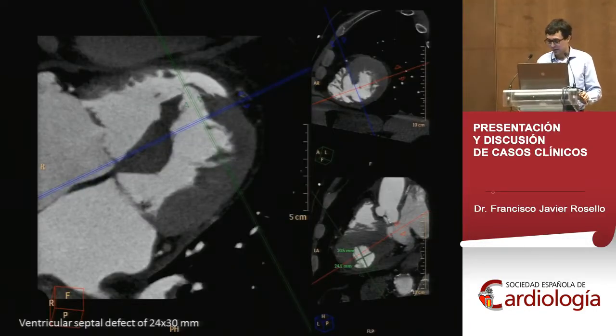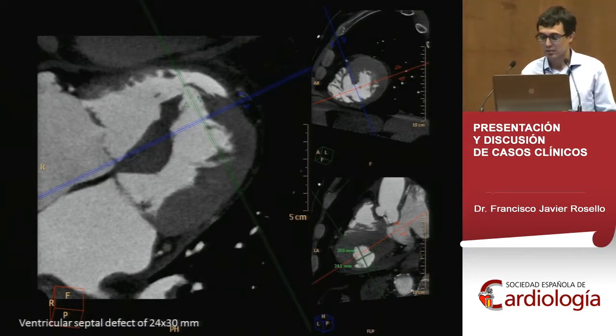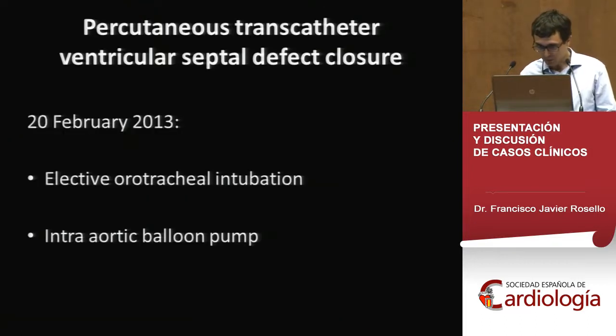And then we used a CT scan in order to study the nature of the defect. So, as you can see, the septal defect is in the mid-apical segments, and the size of the defect was 24 by 30 millimeters. So, because the patient was increasingly worsening, finally we decided to close the defect percutaneously. So the 12th of February,